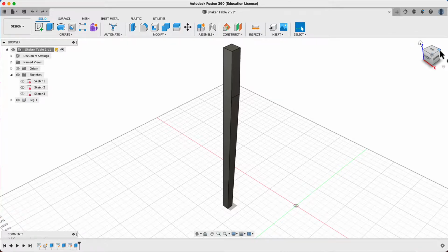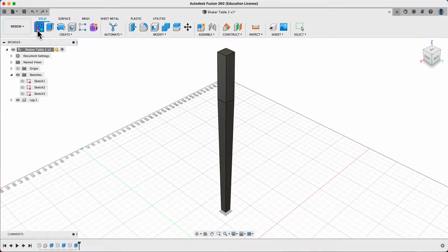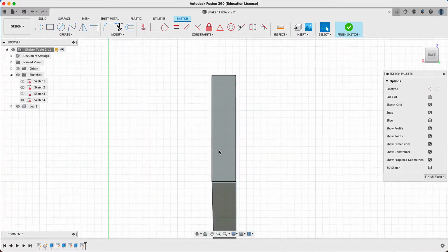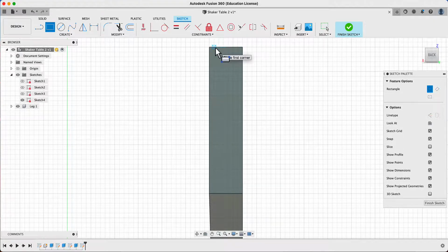So I'm going to change my view because we want to work on this inside face of the front left leg. So we're going to create a new sketch, and we're going to work off this face. I'll zoom right into it. Okay, so the first thing I need is a rectangle, and I'm just going to draw it up on here somewhere. So I left click up the top, drag out, and I want this first number here to be 125, then tab,